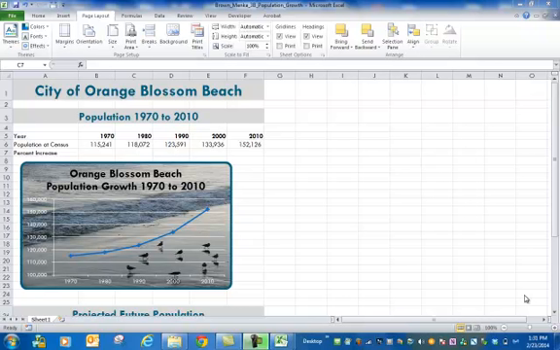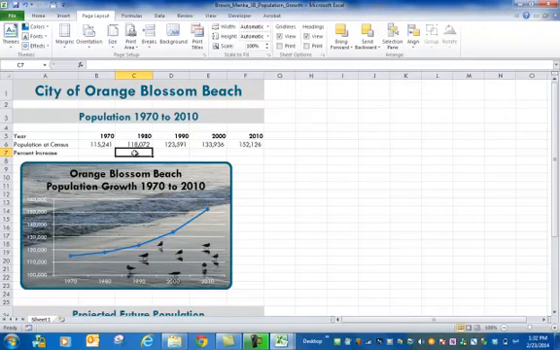So percent of increase, the first thing we want to do is, if you look at this, we have population from 1970 to 2010. We want to find out how much the population has increased, what percentage rate it has increased between each of those 10-year periods. So the first thing we want to do, we want to click in cell C7,